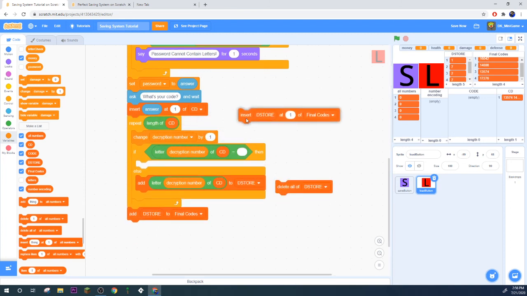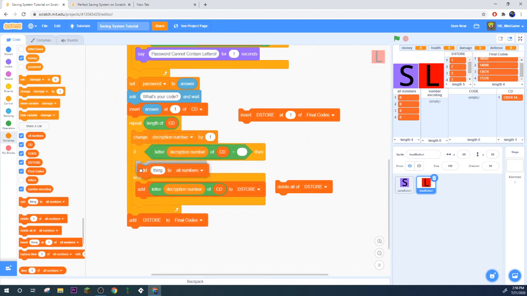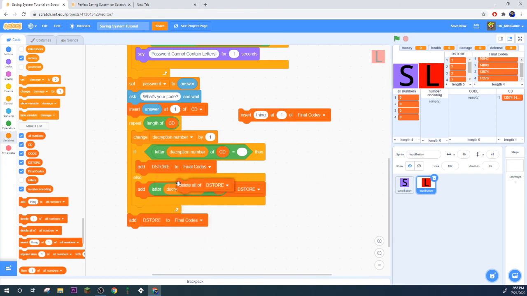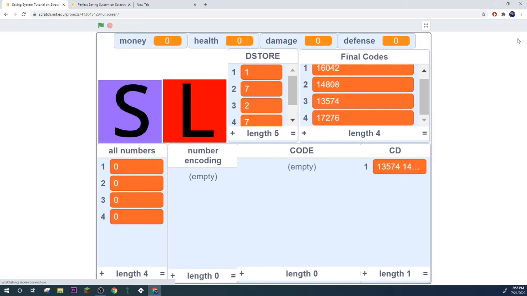I just want to add it, because when you insert it at 1, it'll insert every single one at 1, and then when it adds this to the final thing, it'll be 1, 2, 3, 4. If you don't understand that, don't worry. Just trust me that this will fix it. Instead, do add dstore to final codes, and then delete all of dstore. That fixes it. Trust me, because you see,